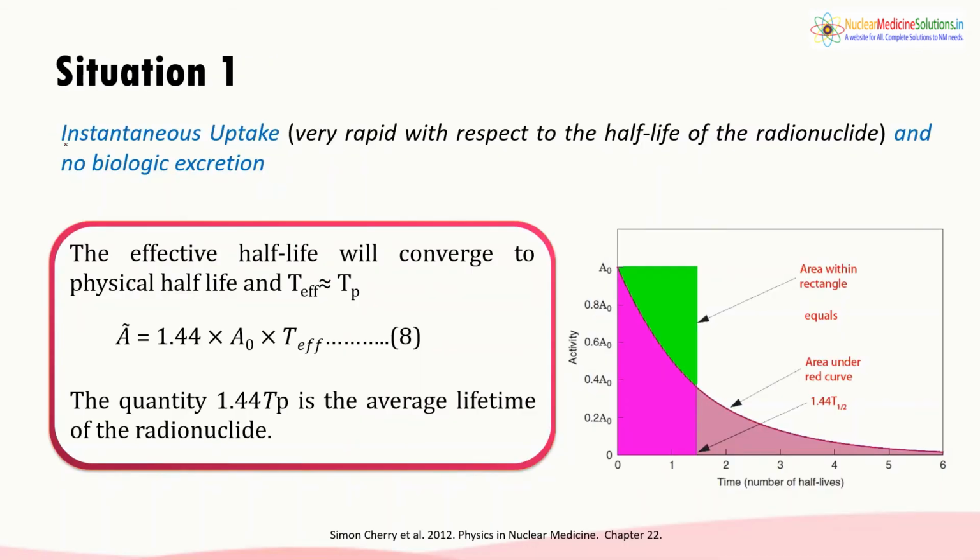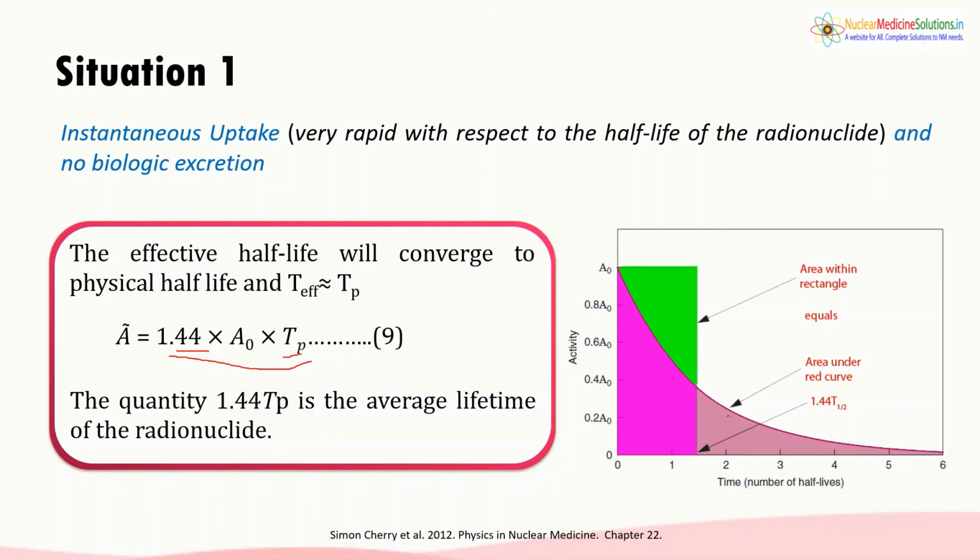In situation 1, where instantaneous uptake is there and there is no biological excretion, the T effective formula will convert to Tp, and the equation of A tilde will become 1.44 into A0 into Tp. This 1.44 into Tp is also called the average lifetime of the radionuclide, and the calculation becomes quite simpler